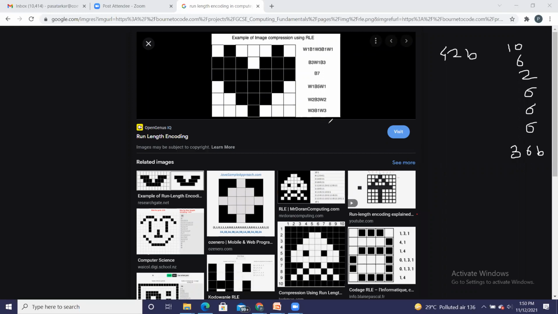This is your compressed data. When I send this compressed data to the receiver, the receiver is able to decode it and get the same image. There is no loss in the data. Getting it? Okay. So I believe there is no difficulty here.